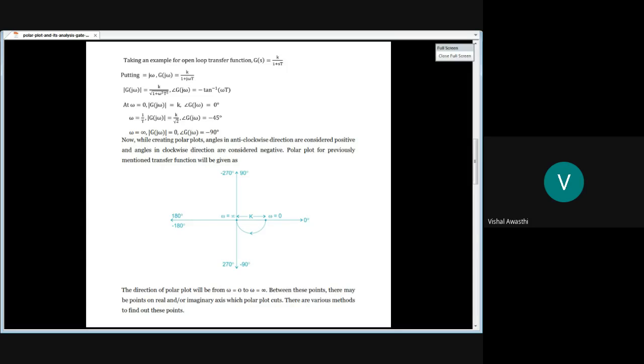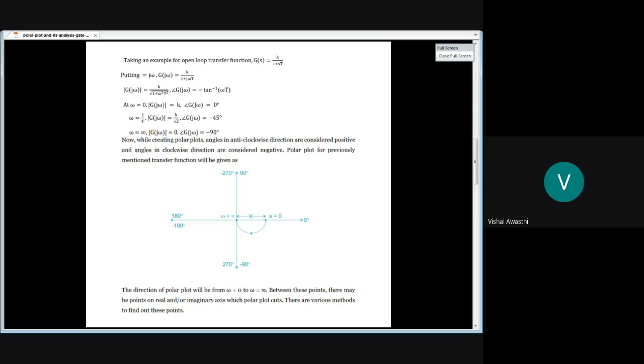In a similar manner, the angle is similar to the Bode plot. The angle of K is 0, whereas the angle of the denominator term is tan inverse of imaginary upon real, that is tan inverse omega T upon 1. As this term is in the denominator, when you take the angle of the numerator over it, that will give you a minus sign. So the angle becomes minus tan inverse omega T. So I think this is clear to all of you.